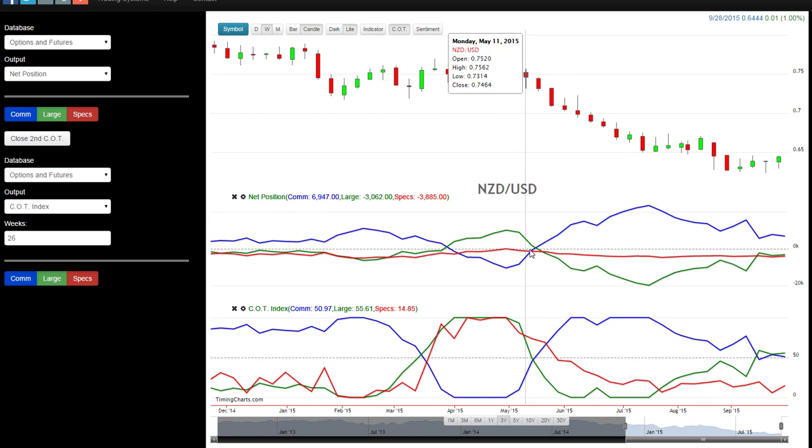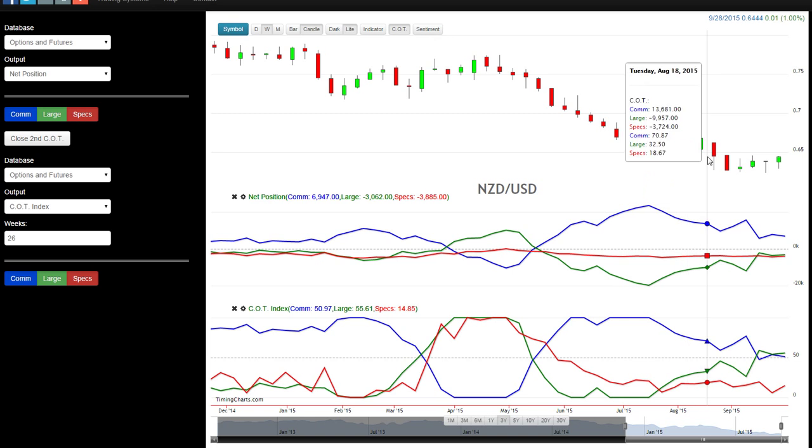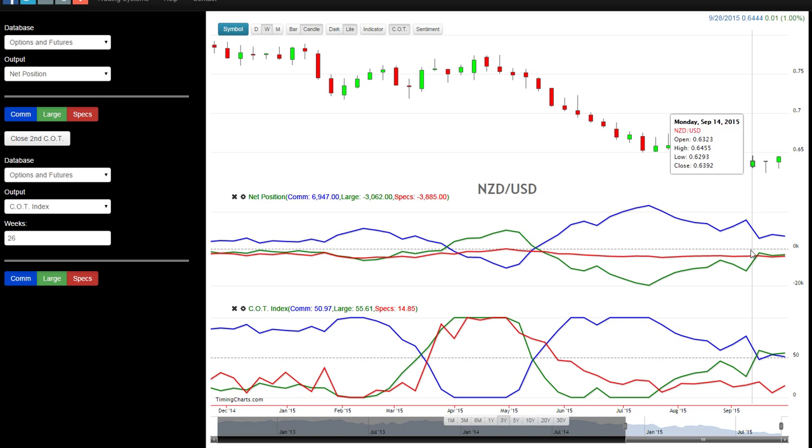As you can see, commercials were hedging, and large speculators are shorting it, and now they kind of found a base here. They kind of came up, and mind you, this is all weekly, just to make it smaller. And this is where we're at right now. They haven't done the cross here yet, in regards to large speculators now trying to go long. But the key to get in is to get ahead of them before they do go long. That's why you can ride the wave, but you have to know if this is the right timing or not.